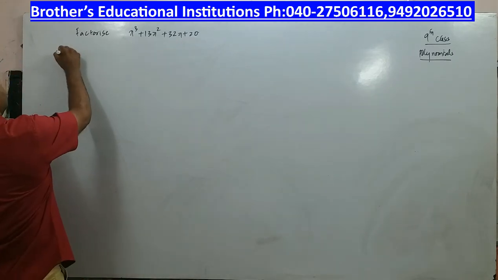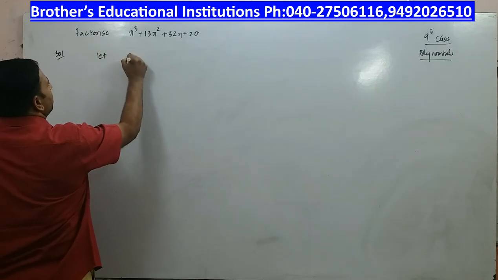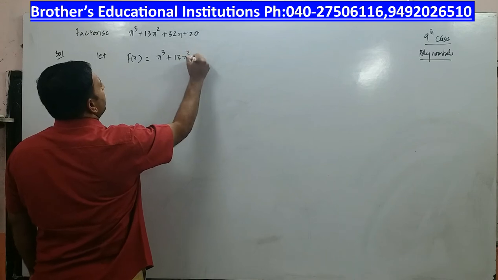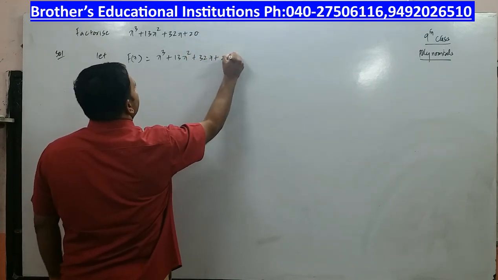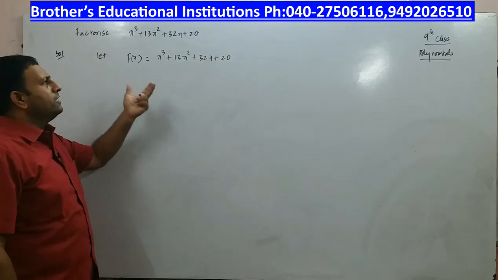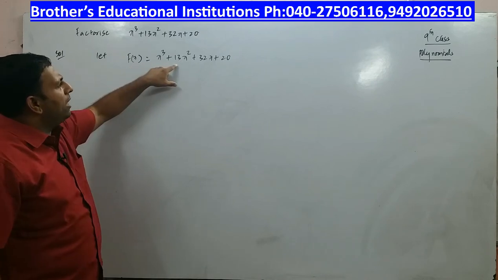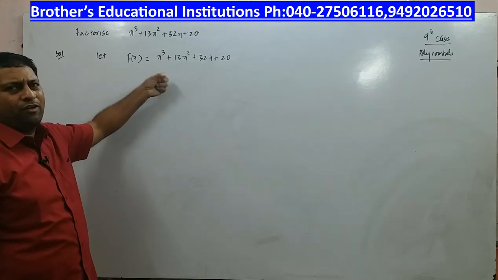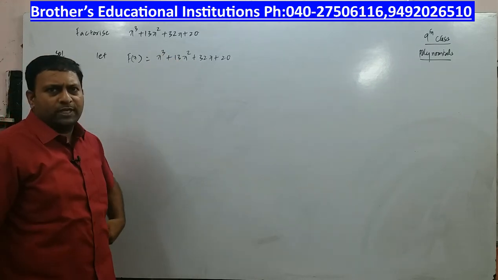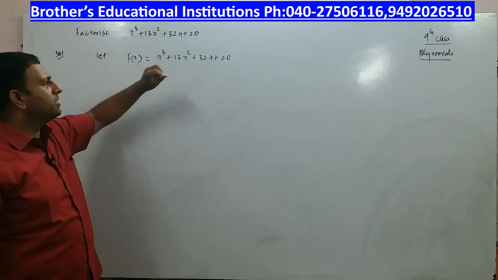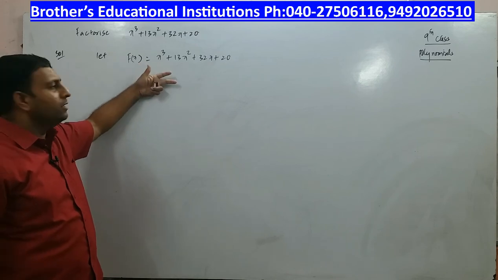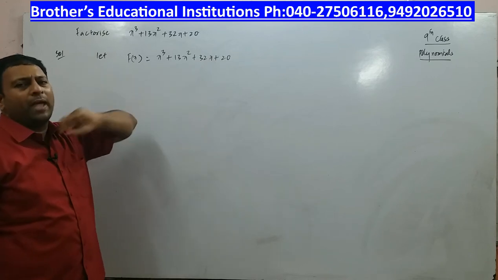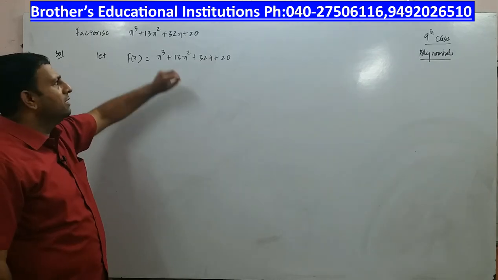How do you deal with it? Let us assume f of x is equal to x cube plus 13x square plus 32x plus 20. So children, we have to do first inspection. You can see everywhere you have plus sign, there is no minus sign. So it is very obvious that the positive value of x will not give you 0. The whole idea is to inspect and substitute a value of x so that you will get 0. Now it is very evident and clear that all are positive signs, so nowhere am I going to get the value to be 0 for a positive value of x.